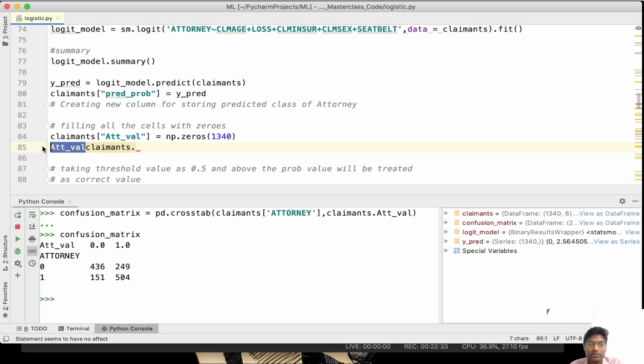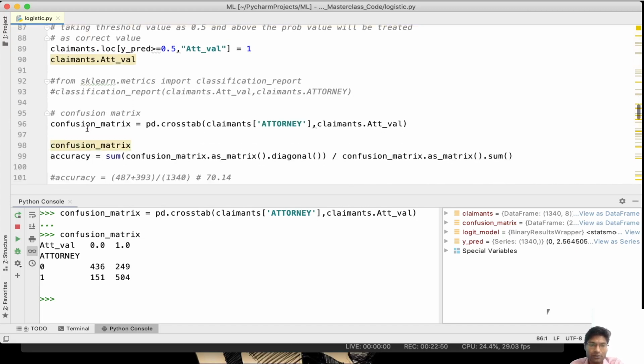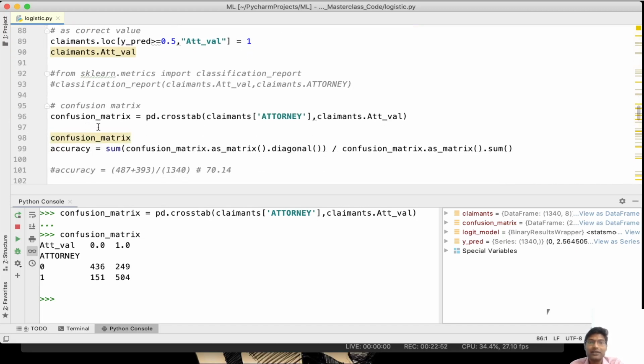So this is going to give us the accuracy of the model, how well my created model has predicted the outcomes. So this is going to be the accuracy value. Let's see how we are calculating that accuracy value. This is going to be a simple approach. To do that, we have to build a matrix using pandas.crosstab.